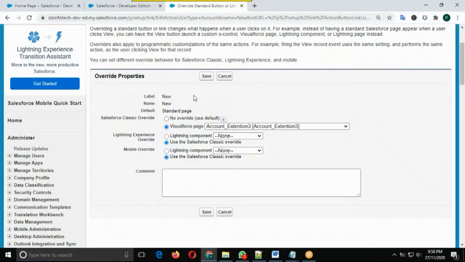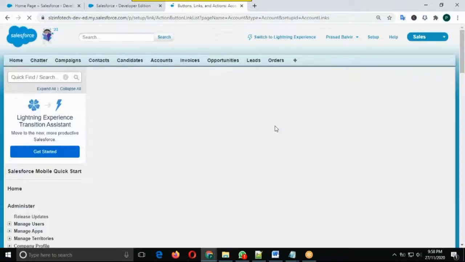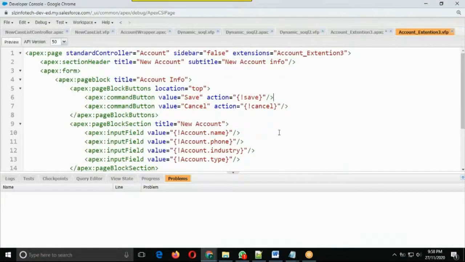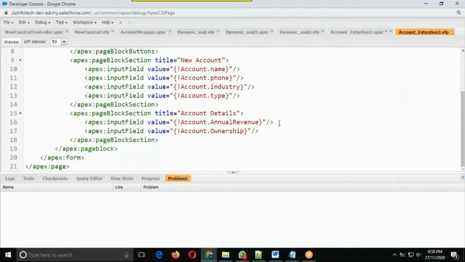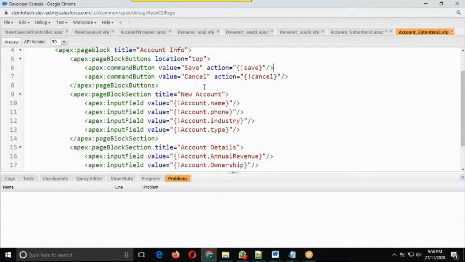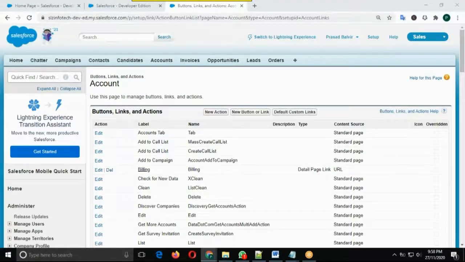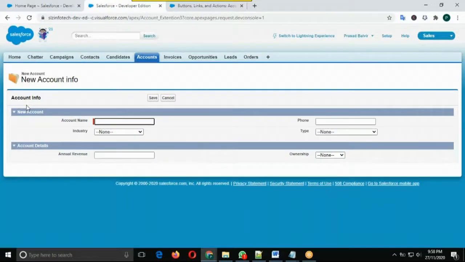Now we can put some other options as well. Collapse by default. If you want to collapse, when you create a new account, you have the two sections.